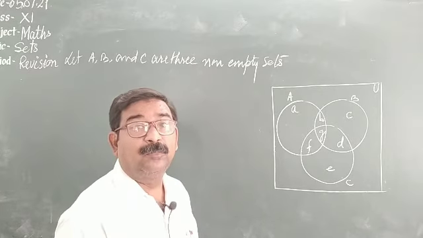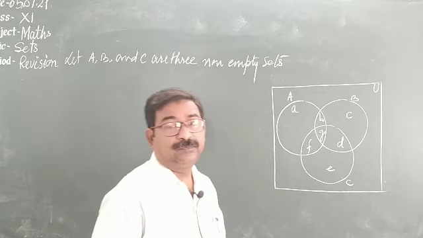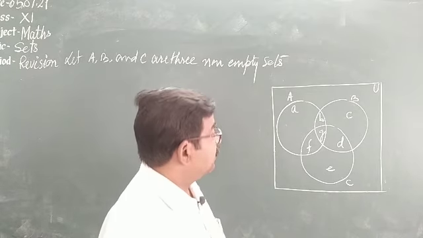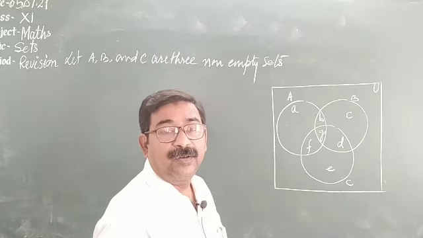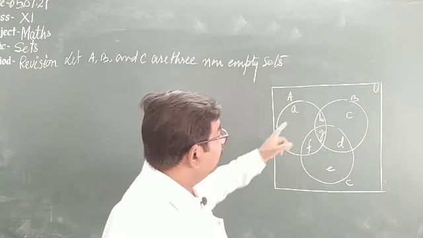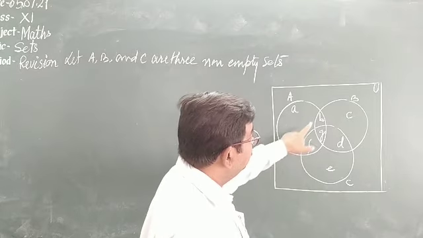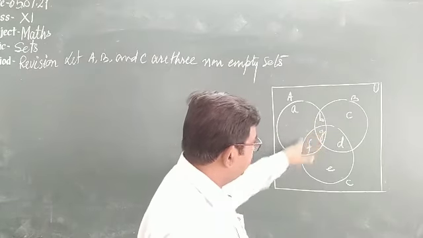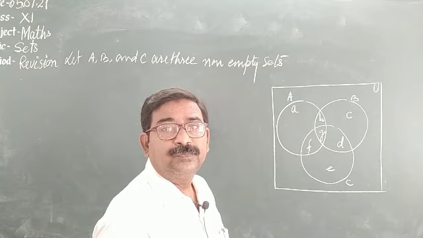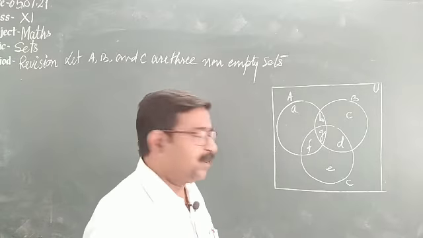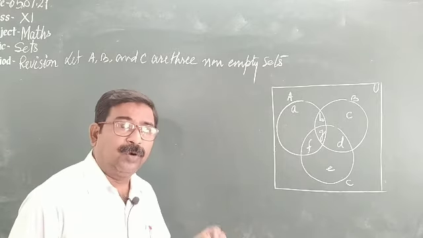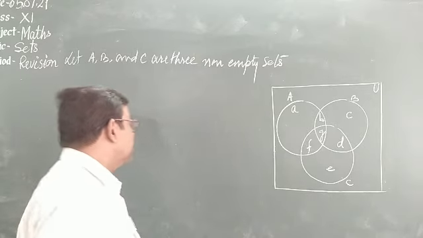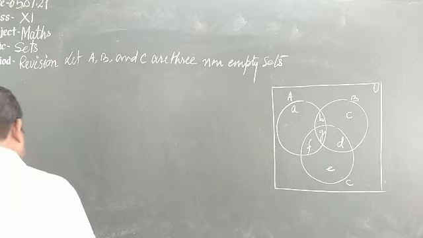Suppose you are going to form set A, for example. So in set A, what do we have? A plus B plus G plus F, all these. So for this portion, set A, we have to subtract the common portions. The derivation of the formula is not important, so I am simply writing the formula and I'll tell you how to adopt the formula in practice.